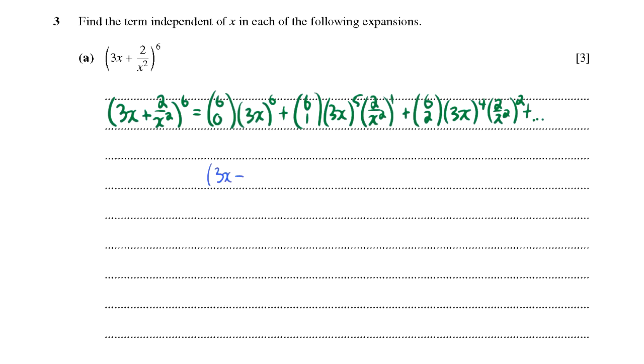3x, we certainly need to explain what we're doing. (3x + 2/x²)⁶ is equal to, and you can write out a lot of things, and then we're going to add 6C2. We're using the bracket notation for that, and then we're going to take (3x)⁴ and we're going to take 2 over x squared and raise it to the power of 2. We should put a plus and